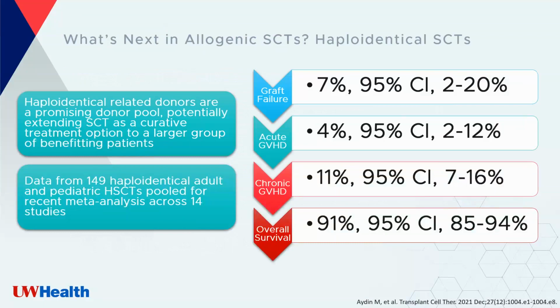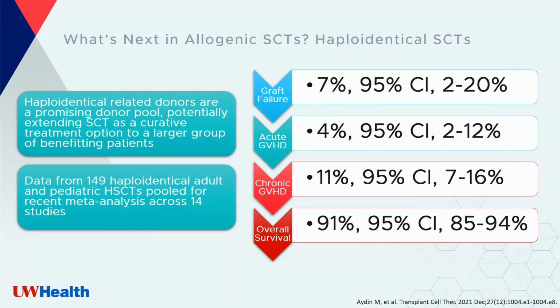So, what is next in the realm or space of allogenic stem cell transplants? The next thing is haploidentical stem cell transplants. So, haploidentical stands for half matched or partially matched transplants. And so, this is something in which a donor could be a half match for a patient. And so, haploidentical related donors are a promising donor pool because they potentially extend the stem cell transplant patient population as a curative treatment option to a larger group of benefiting patients. And this is just showing data from